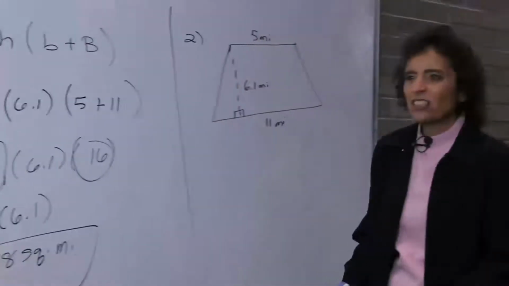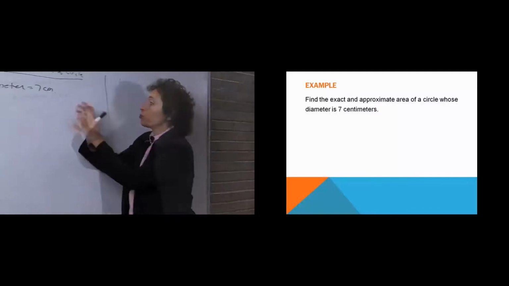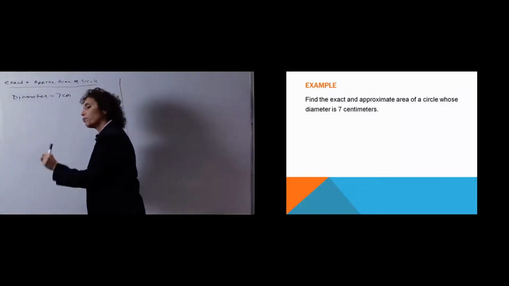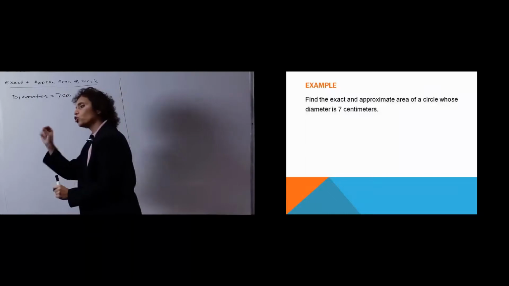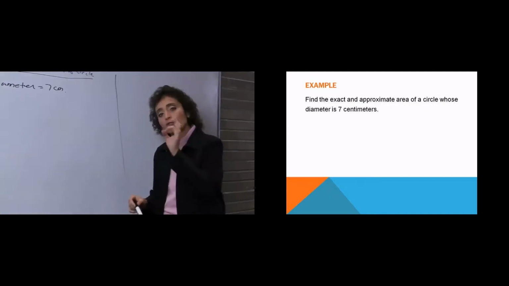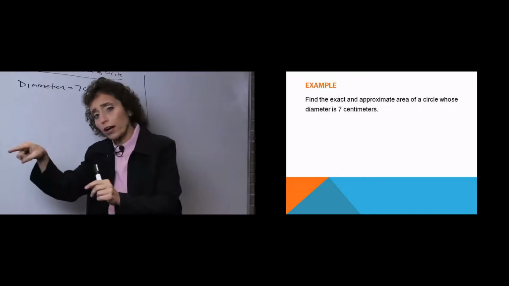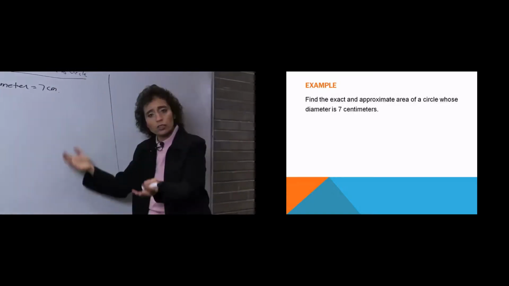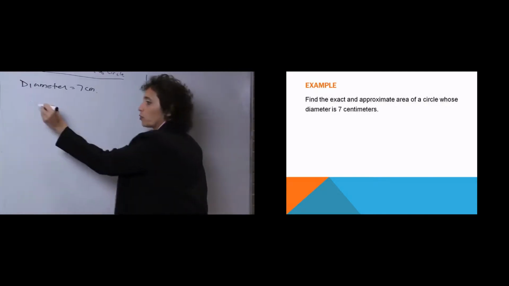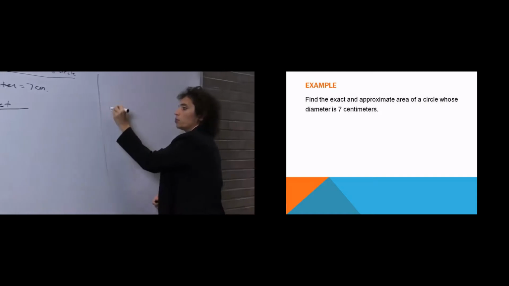Let's look at this next question. All right. This asks you for the exact and approximate area of a circle. The other day we did circumference of a circle. Circumference of a circle was 2 pi r or pi d. Today we're doing area. Area, as you notice in your workbook, is pi r squared. I remember that one is the area because it's a square. Because area's got to be in square units anyway. Okay, we're going to do the exact and approximate. Okay, we're going to remind you how to do this. So first we're going to do the exact over here. Then we're going to do the approximate over here.